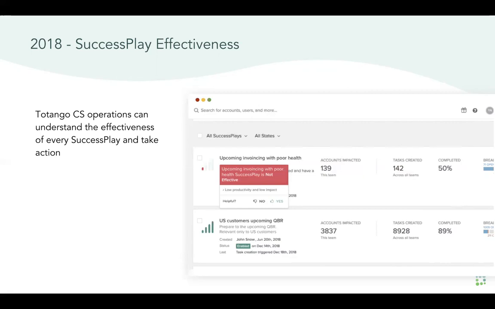And the other aspect the success plays look at is impact. It analyzes the effect of the completed tasks on the health of the account, whether it really helped to increase the health of a specific account, and how it affected renewal or upsell. Each one of the success plays is evaluated behind the scenes by our AI mechanism, taking into account productivity and impact, in order to make sure that you will know better how to utilize those success plays and which success plays are the ones that you should improve going forward.